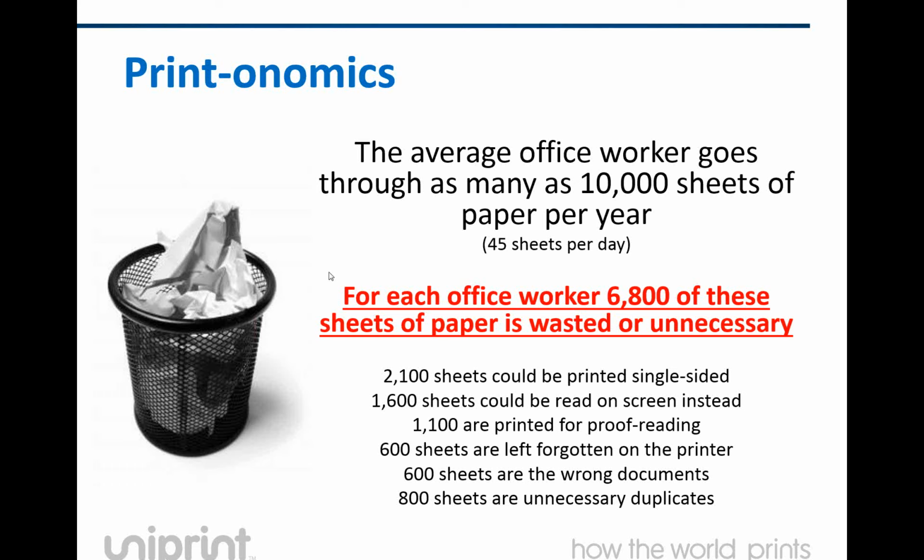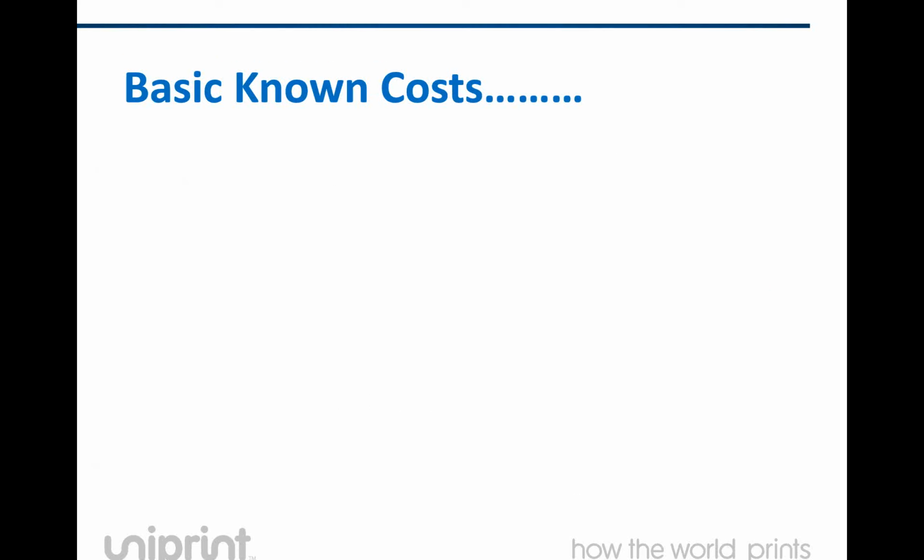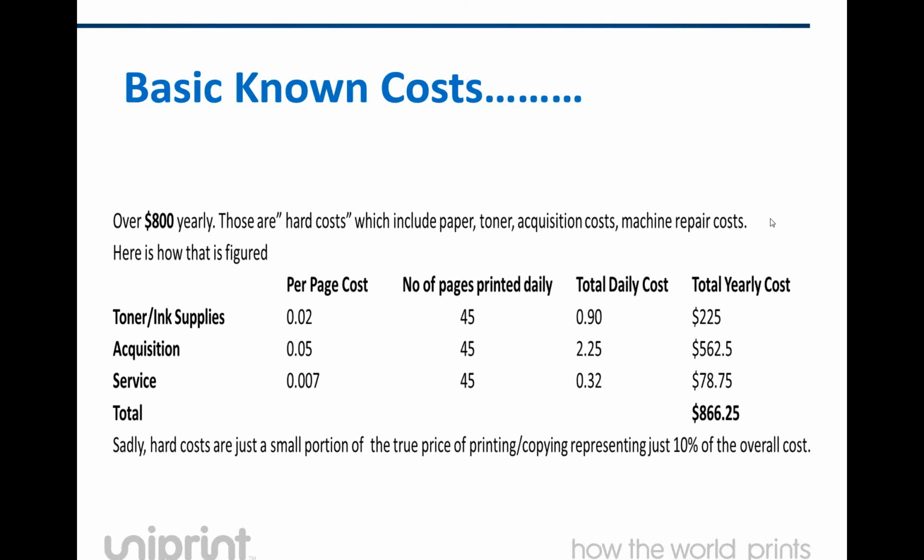So if you take the print expenditure out, you can break it down into three known areas. You've got your basic known costs, you have your energy, and the cost to IT. So if we cover the basic known costs, every printer manufacturer or endpoint manufacturer can give you these costs. This is how much paper, how much it's going to cost you. Most companies have an idea within the organization what it's going to cost. Most have